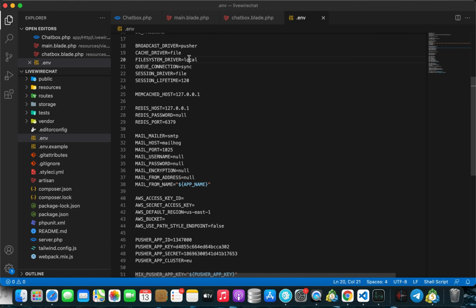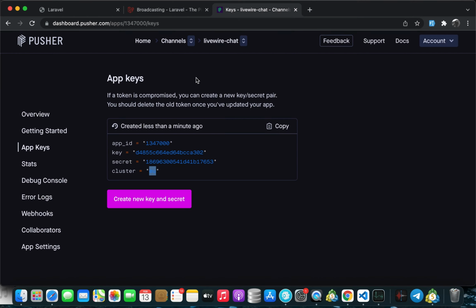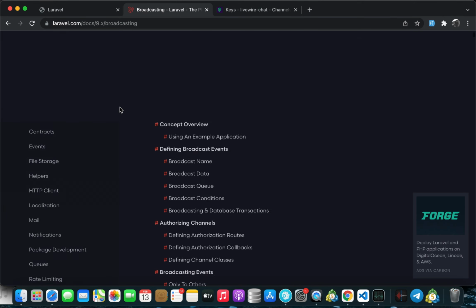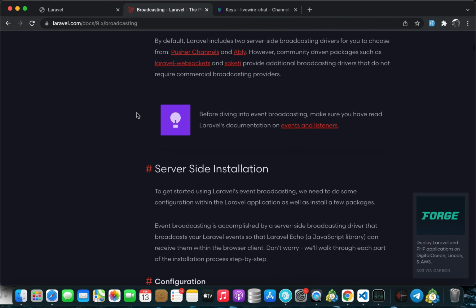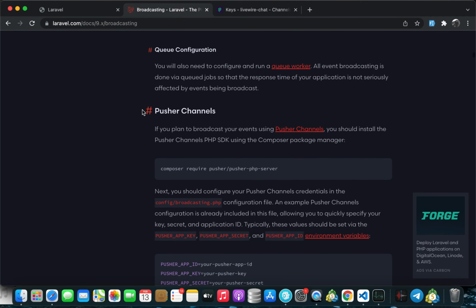All right. So now we have successfully set up Pusher in the env file, but currently there are no files for Pusher or anything that relates our app to Pusher or Laravel. So we have to install the files with the composer command. To get that command, we can go to the Livewire website, and then here go to broadcasting, and then you can find the command down below on the Pusher channels here. Just copy this command,